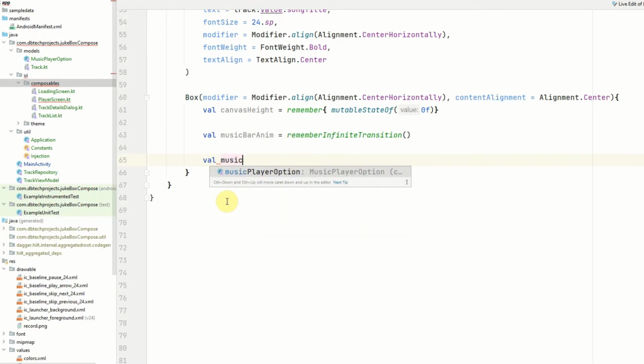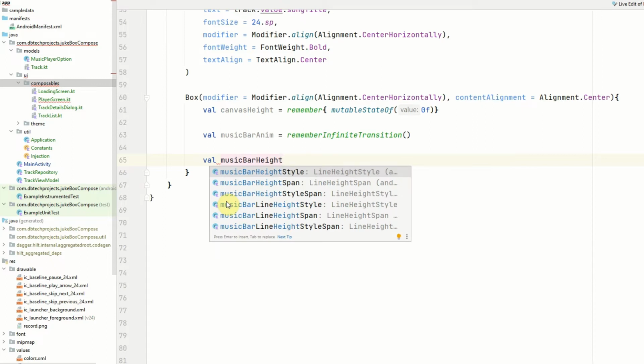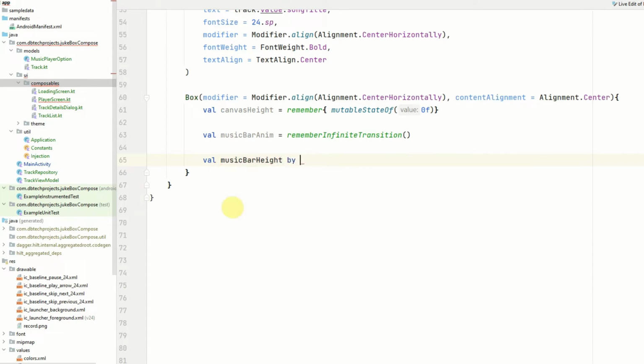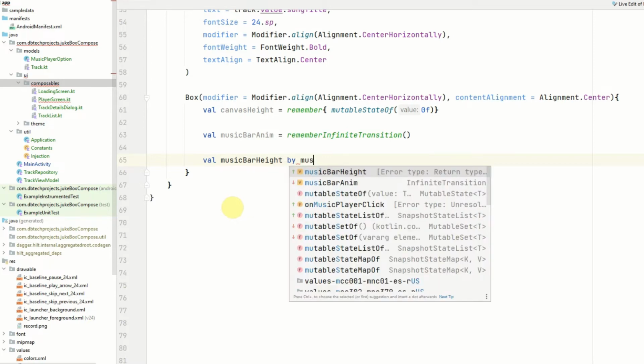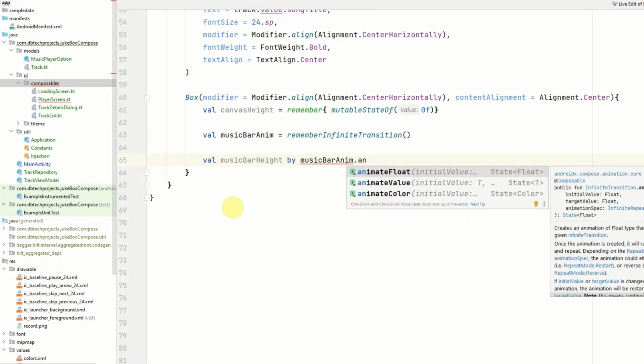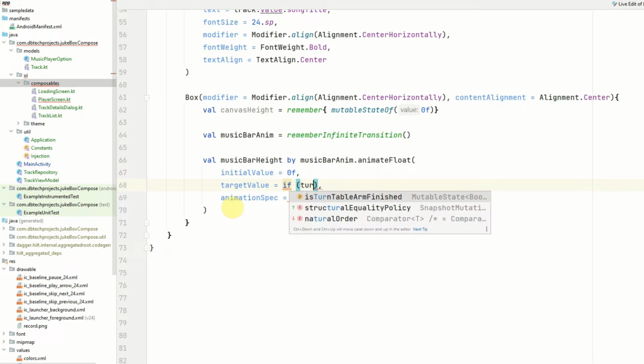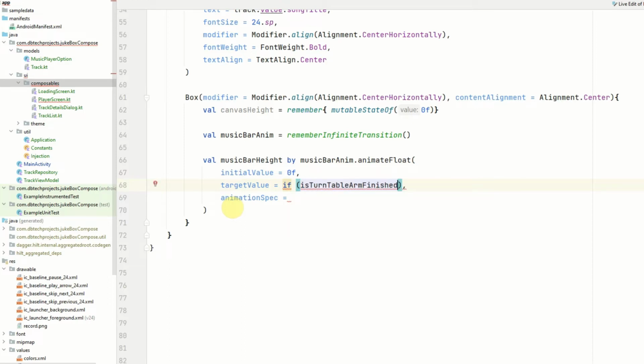And the value that we are going to animate will be the music bar height, and that will be using animate float. So music bar anim for the transition, animate float, the initial value will be 0, the target value will be an if check, so if the turntable arm is finished